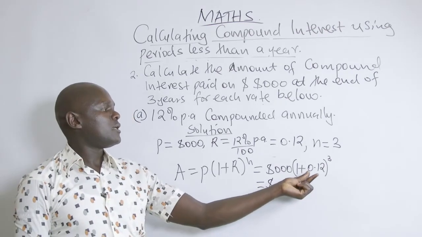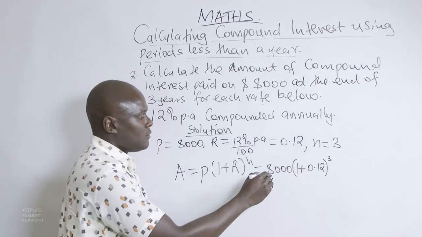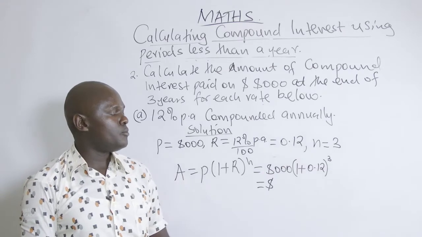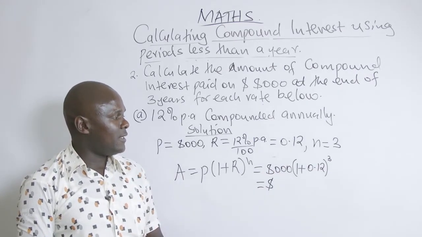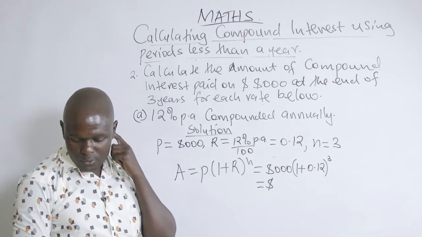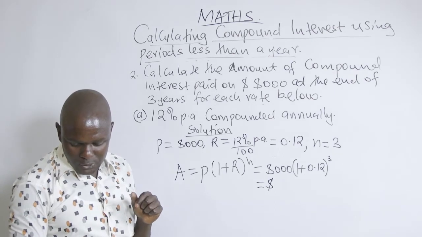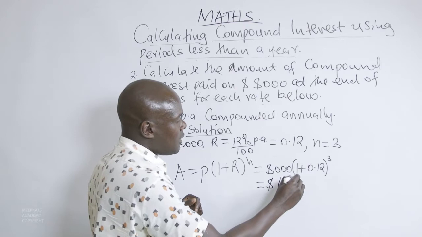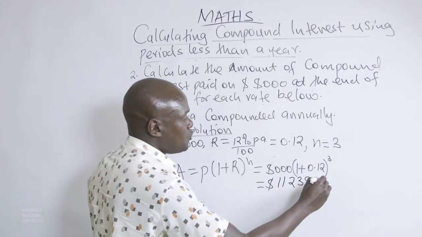This will be 1 plus 0.12. When we add that, we will get 1.12. Then we raise it to power 3. Then we multiply the results by 8,000. And when we do that, this will give us 11,239.42